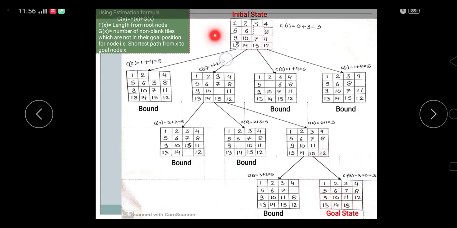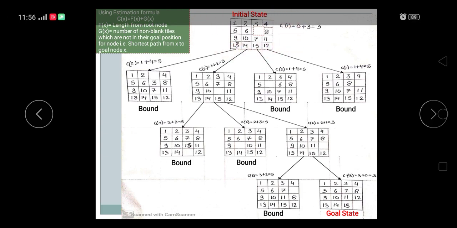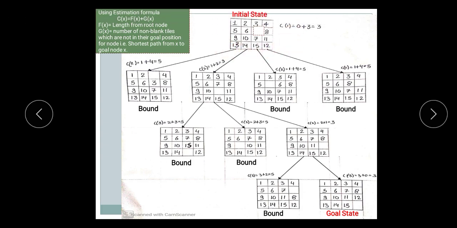Now in our initial arrangement, this is our E node. From this E node, this is our empty slot, from which we can move up, we can move down, we can move to the left, or we can move to the right position. Now how to move? For that we have to calculate our estimation. With the help of the estimation formula we have to calculate the cost. Now here the cost of the root node becomes 3.